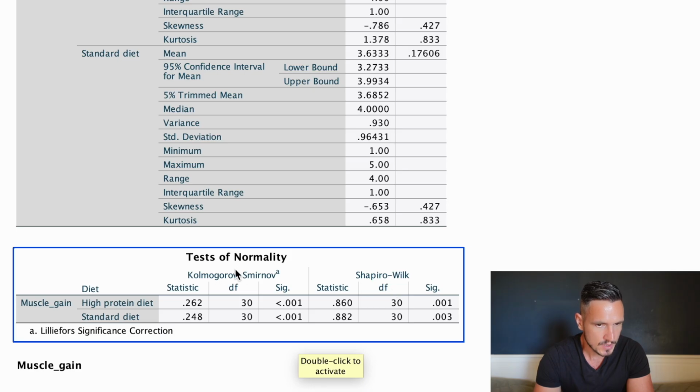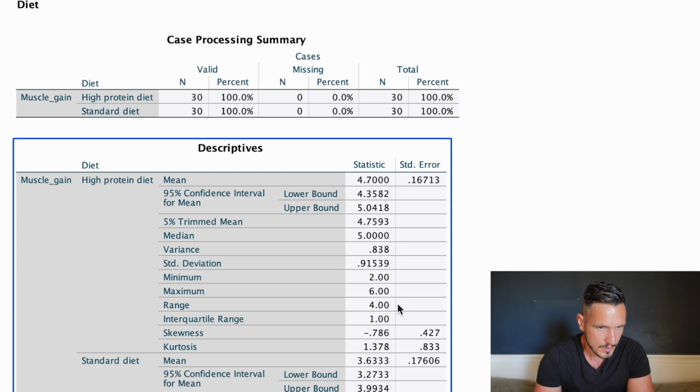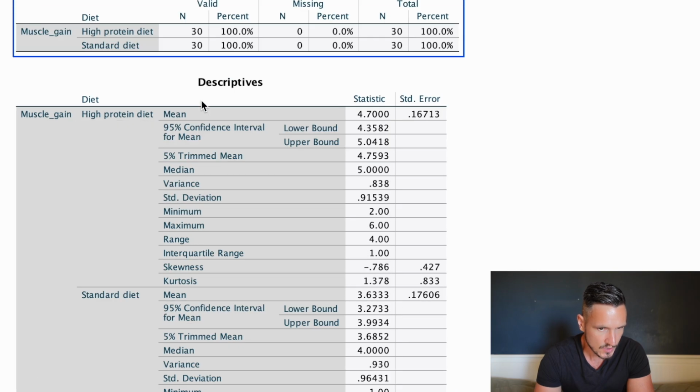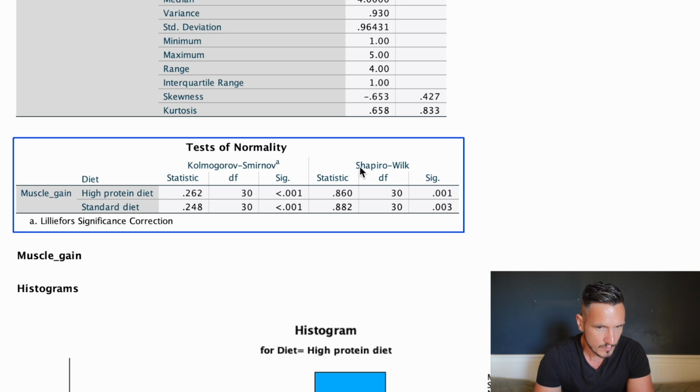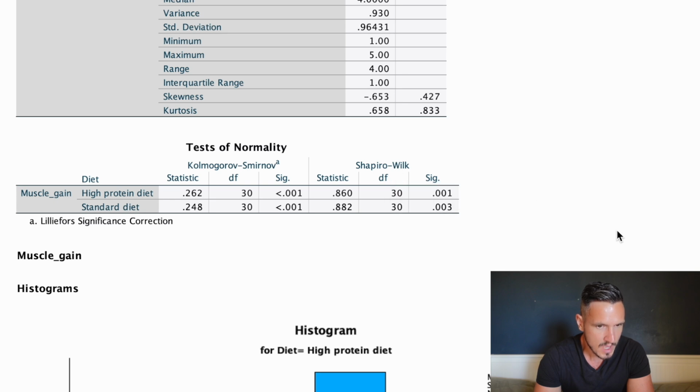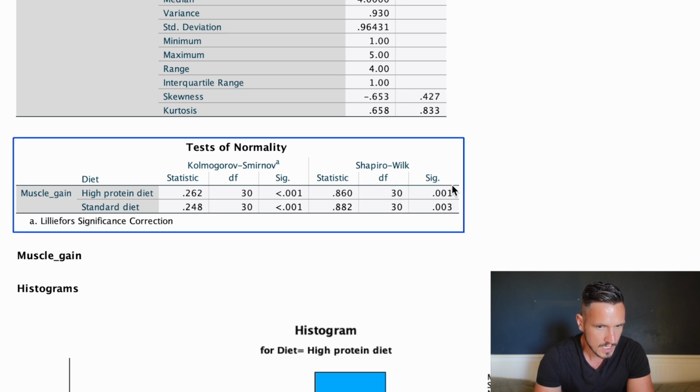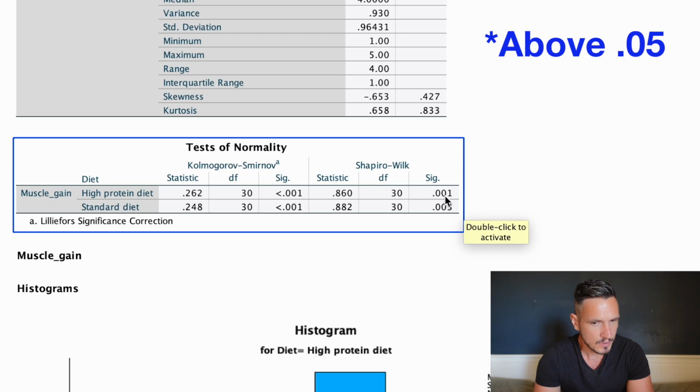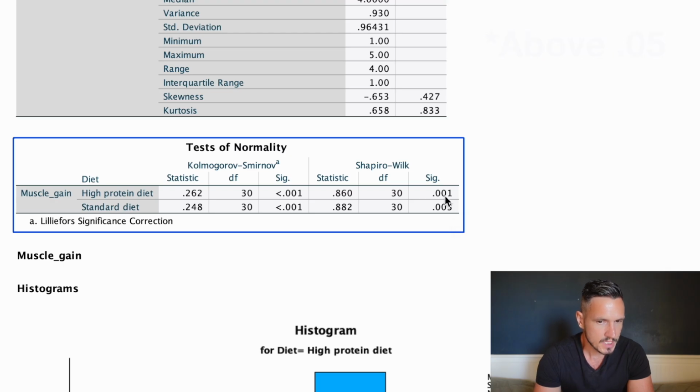And we typically use this test on the left when we have more than 50 data points per condition. So we can see here that we have 30 people in each of our conditions. So we're going to focus on the Shapiro-Wilk parts of the table, and specifically we're going to look at this SIG column. And what we want to see is that these values here are above 0.05, as that would suggest that the data are normally distributed in each